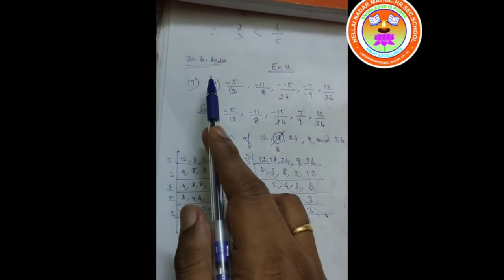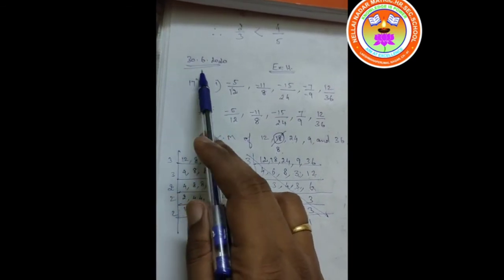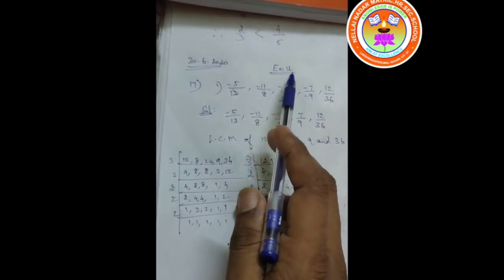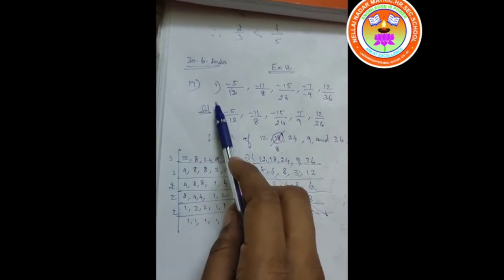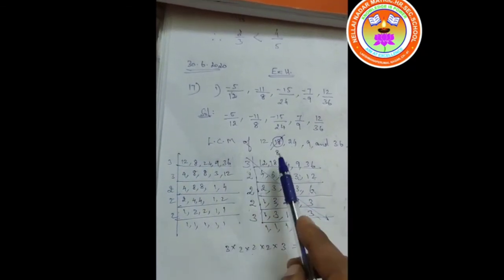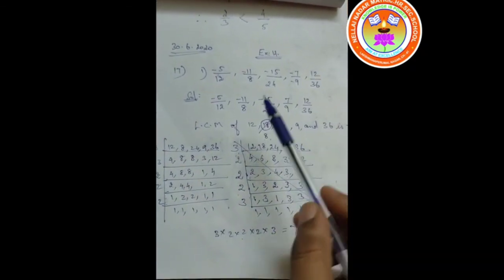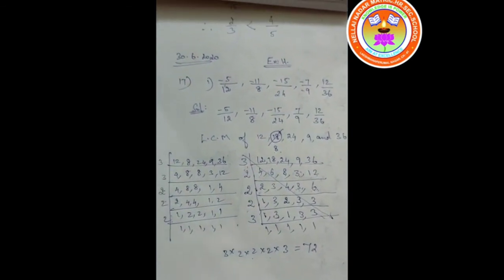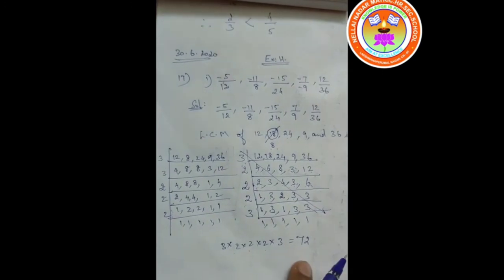Again one more time I am repeating. 30th 6 2020, exercise 1.1, 17th first subdivision. These two corrections you have to do. Sorry for this, while I was writing fast, it's just a silly mistake only. Change it. Remaining all the LCMs are same. Remaining these sums are all correct only, no need to do anything here.